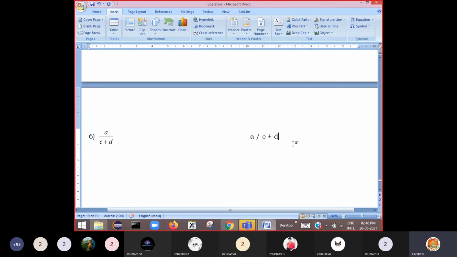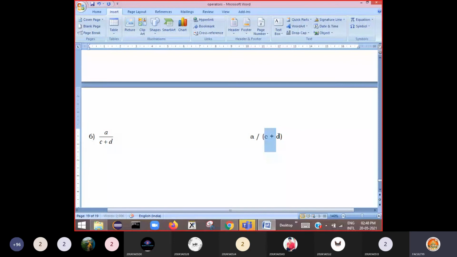It is wrong, because when you write like this, first a by c is calculated, then d will be added to the result. But you want c plus d to be in the denominator. a has to be divided by this c plus d. So in such a case, you have to enclose c plus d in parentheses.